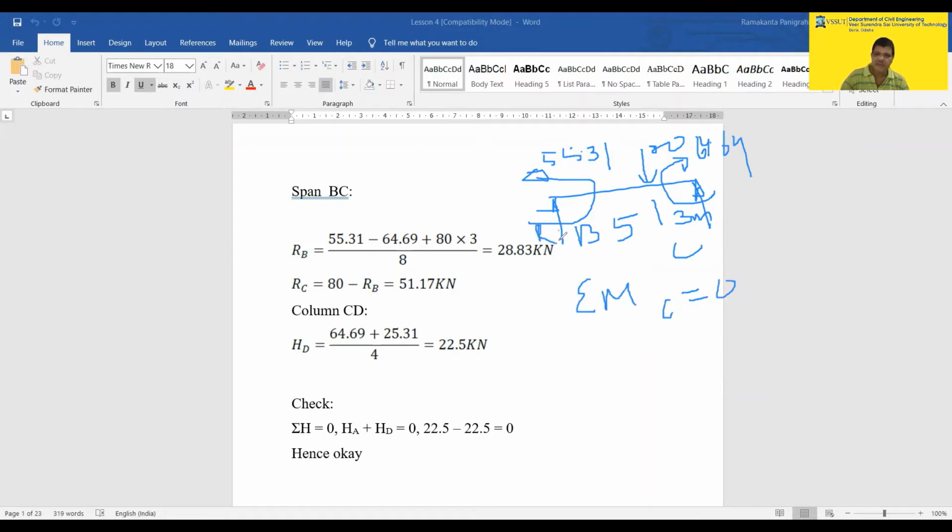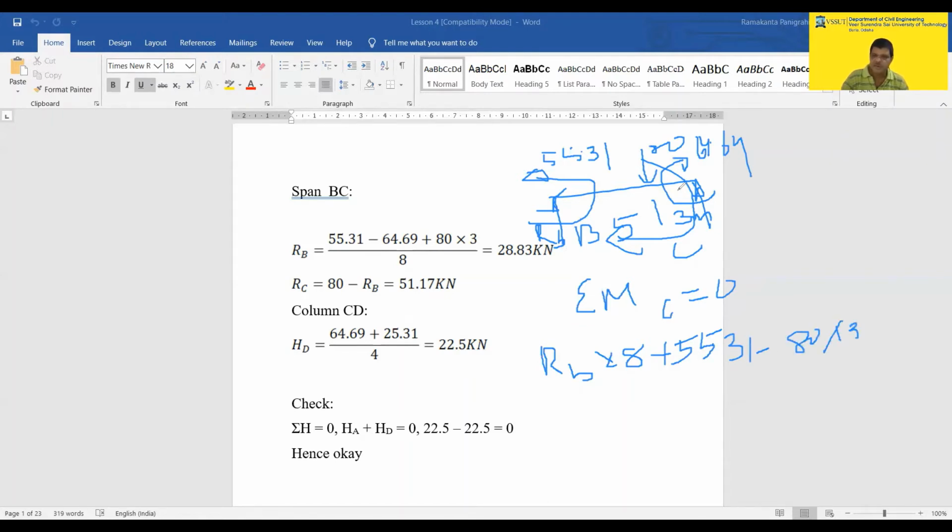So RB into 8 will give an anti-clockwise moment. So RB into 8, plus 55.31, minus 80 into 3,